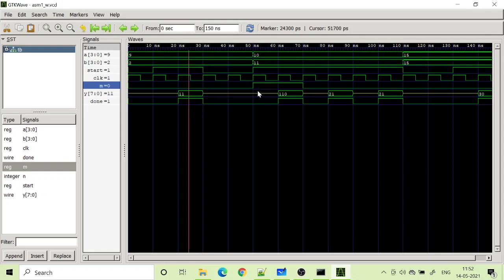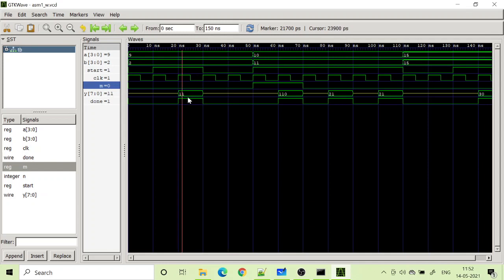And then here you can see that at 50 nanosecond I am making my mode input 1. Okay, mode input becomes 1. At that time, whatever is the content, I should multiply it. So the multiplication is happening, and the output is going to be displayed here. So 10 into 11, that is 110. So here earlier mode input was low, at that time input was 9 and 2, so 9 plus 2, 11 I got here.